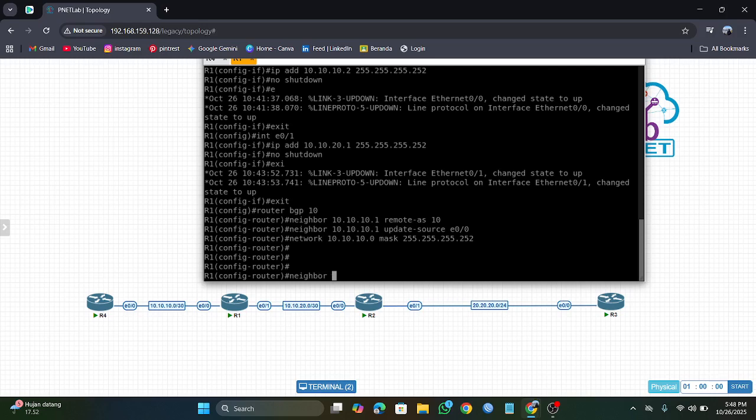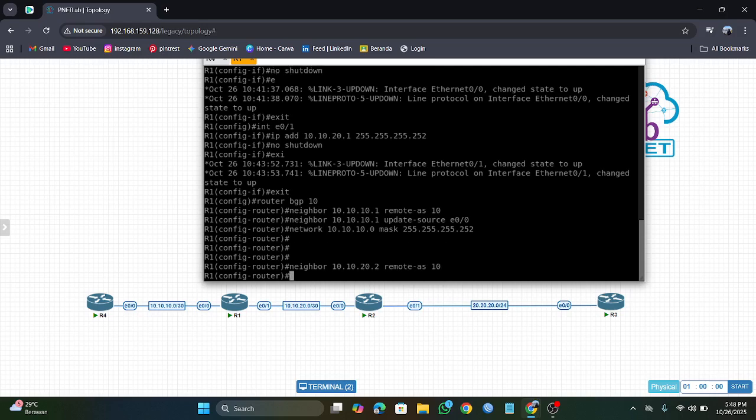You can type the IP, okay, the IP, and remote AS. Then enter again.